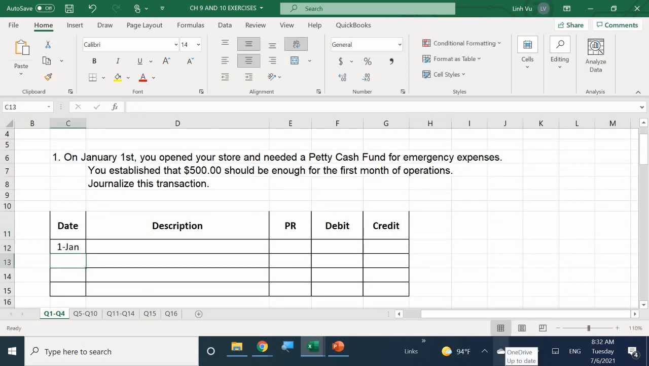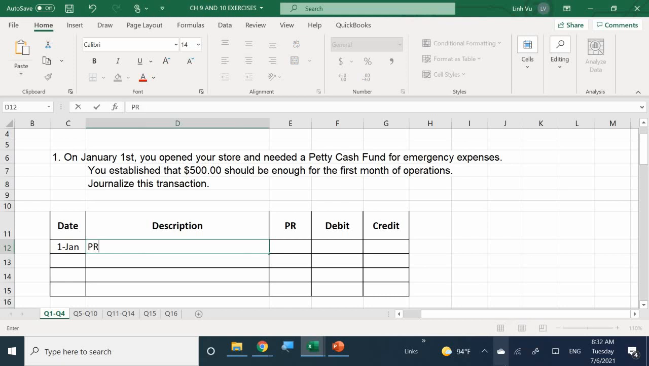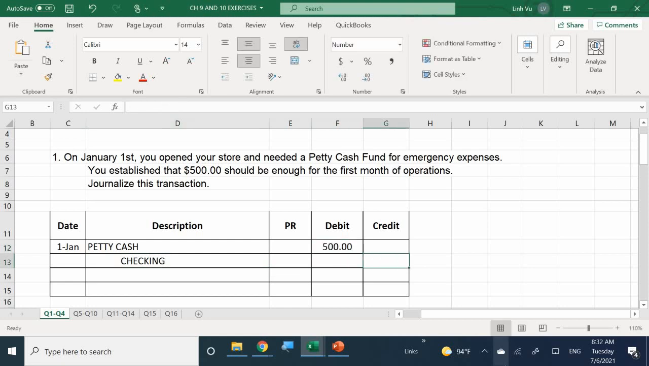So here we know it's January 1st. Go ahead. You're going to debit petty cash for 500, and then credit checking for 500. Good, right? In this case, we need to take money from our checking account, and we're going to put it in for the amount that we stated, the full $500. Perfect. And of course, you can make a note here that you are to establish